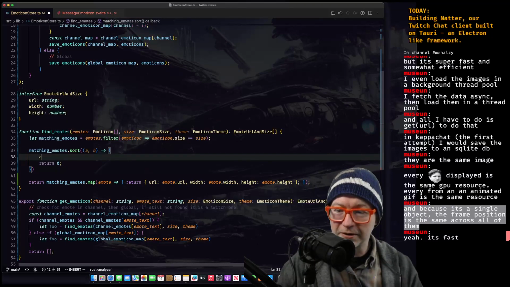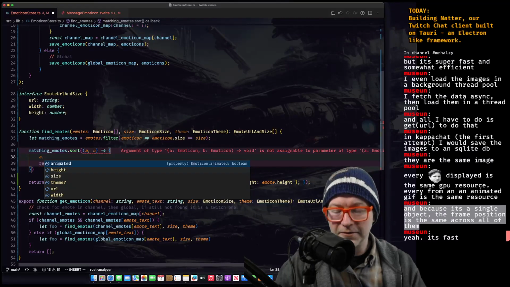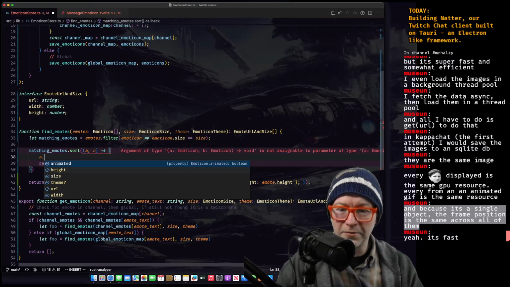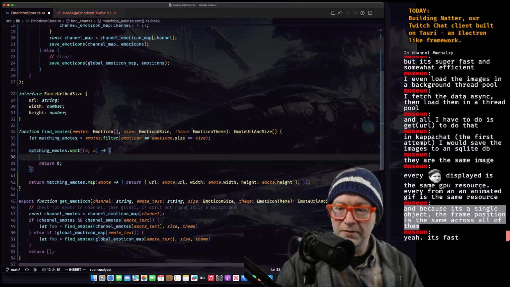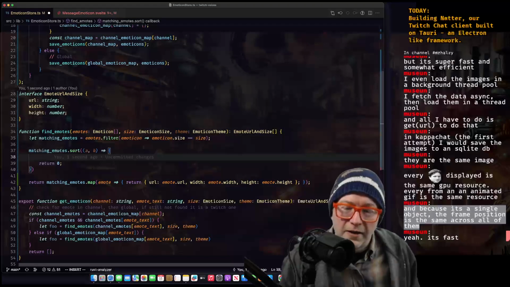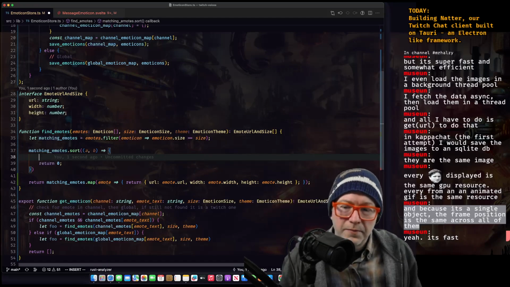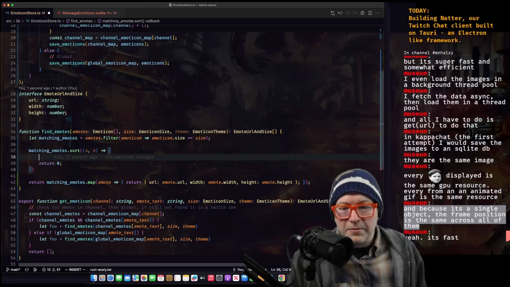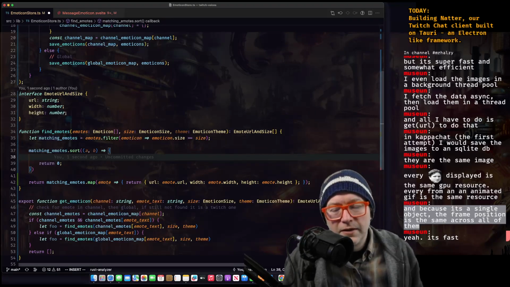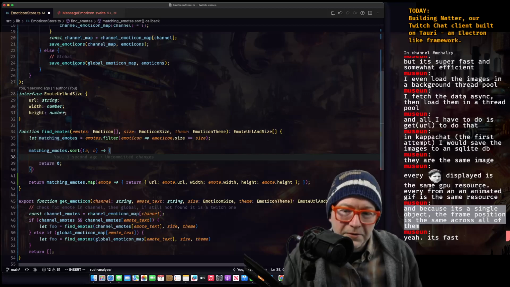All right. So how are we going to sort this? A dot animated, yes. Animated before. What about theme? Do we favor theme first, or whether it's animated first? Or how do we do both? One needs to basically take precedence, right?